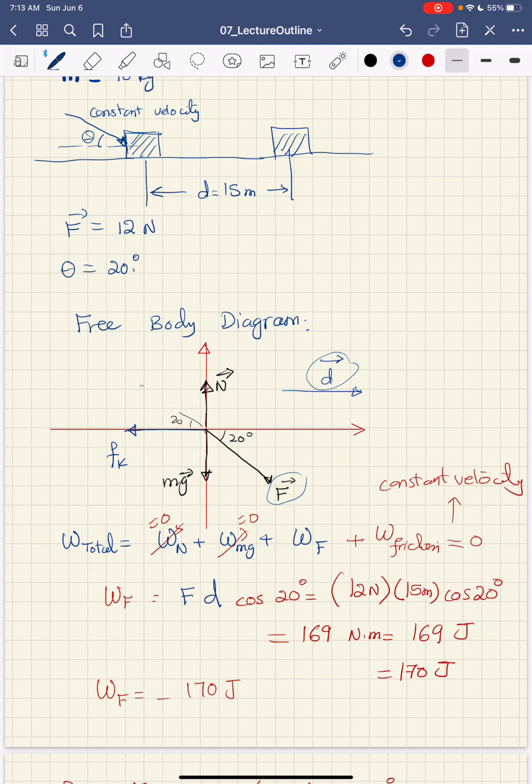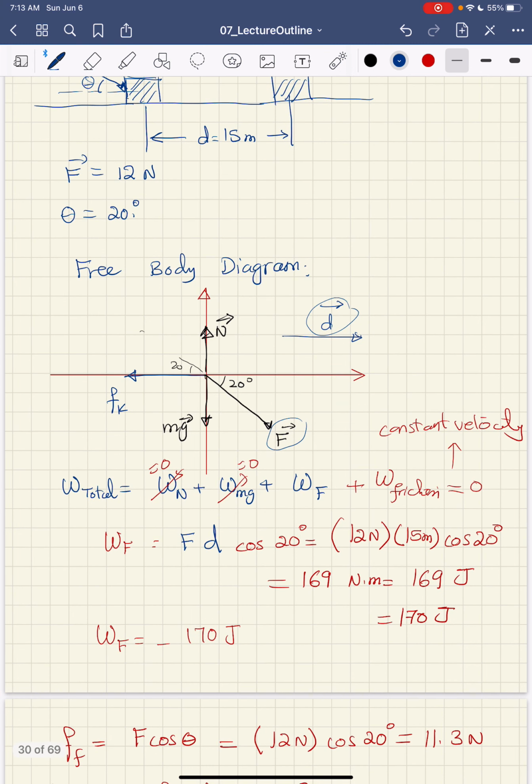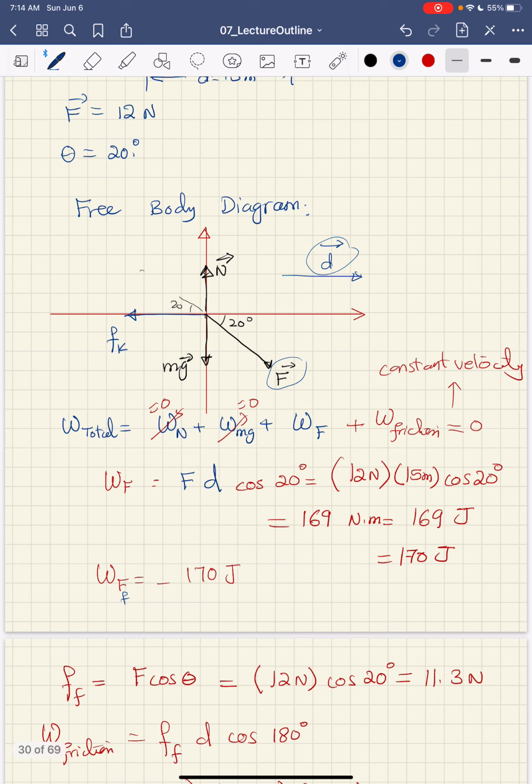Then I will say 12 newtons times 15 meters times cosine 20, and this is really the work done by the applied force. For the sake of significant figures, I round it to 170. I know since the total work done should be 0, then the work done by friction is going to be the force of friction here, going to be,